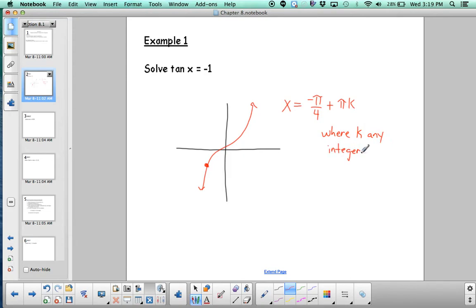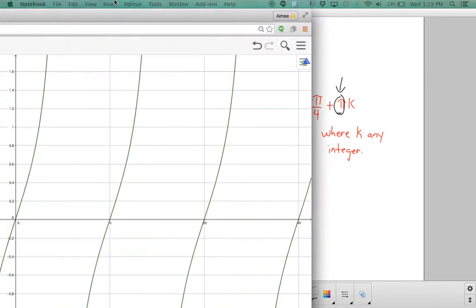So let's talk a minute about that. First of all, we have pi, and why do we have pi? We have pi there because the period of this function tangent is pi. And so if we were to look at how this continues, which would be easier if we were to look at a graph, then you would see how that solution would continue